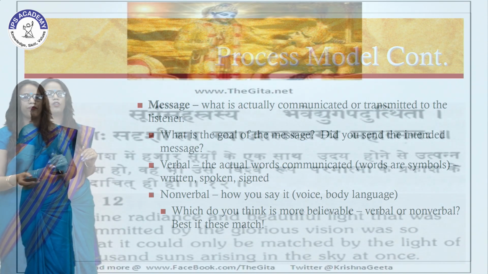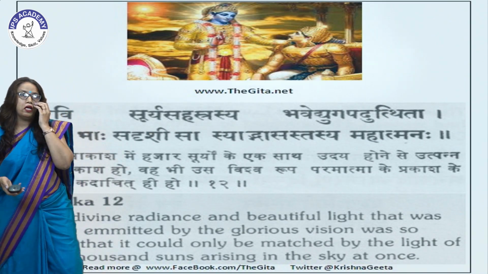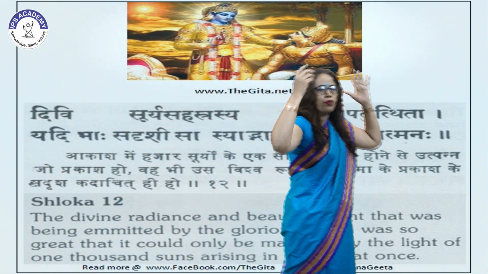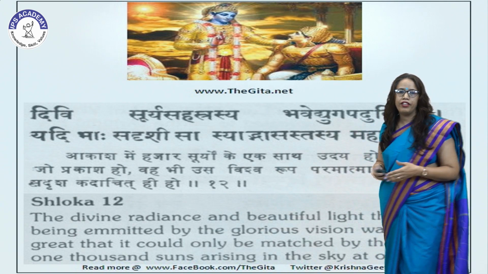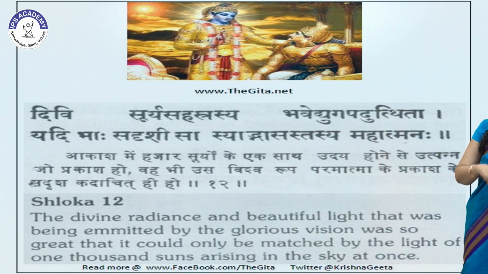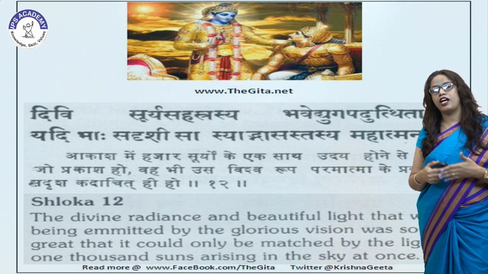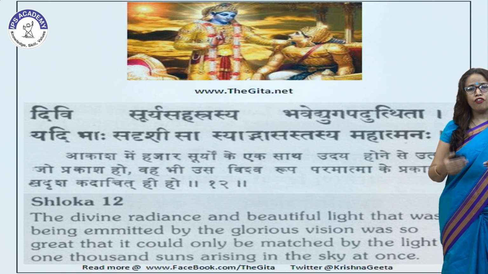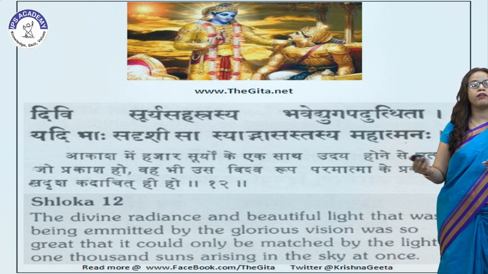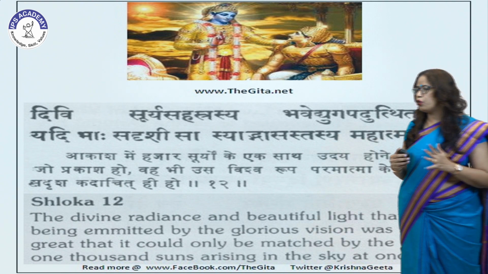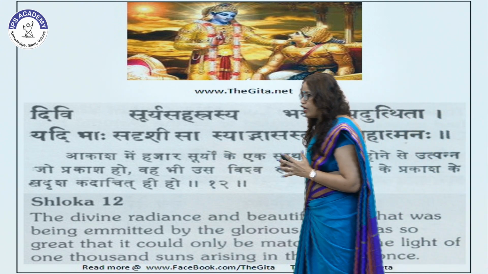Shri Krishna. What are you seeing in this picture? Here Shri Krishna is showing his Virat Roop. In Shlok 12 we have seen that he is showing, for the very first time, his Virat Roop. "जब आकाश में 1000 सूर्य एक साथ उदय होने से उत्पन्न जो प्रकाश हो, वह भी उस विश्व रूप परमात्मा के प्रकाश के सदृश कदाचित ही हो।"